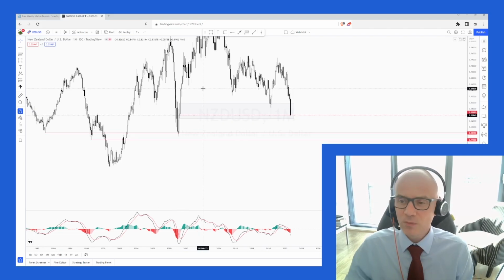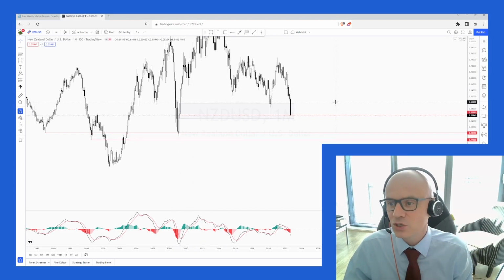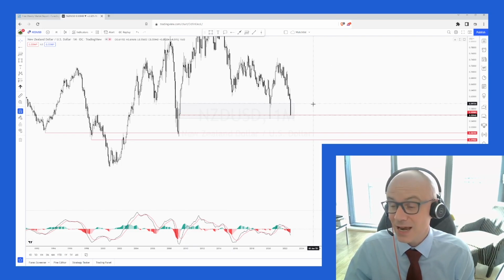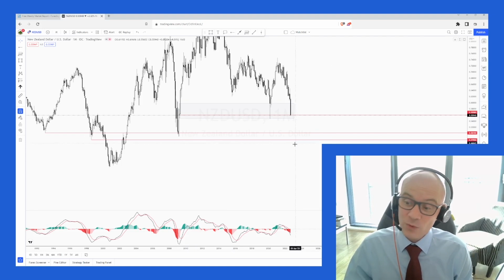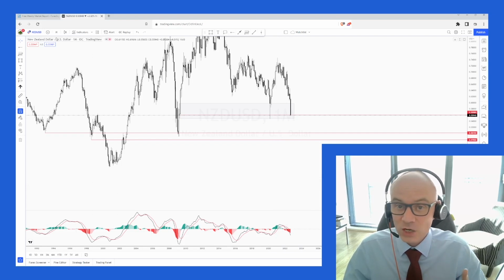So it's a big monthly structural level. We are trapped now within this range as well, starting at 59.79 all the way down to 54.98. We do have some potential bearish momentum to the downside, but it's going to be interesting to see how